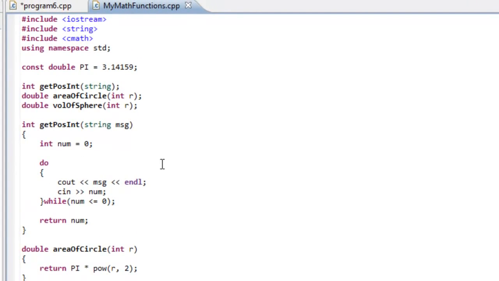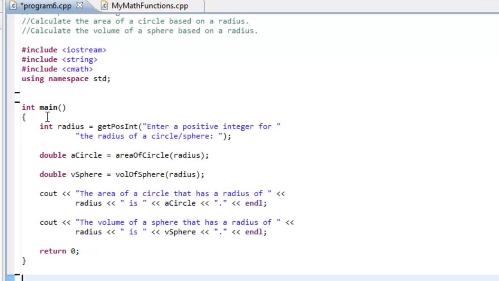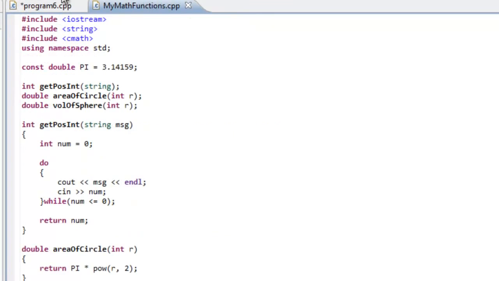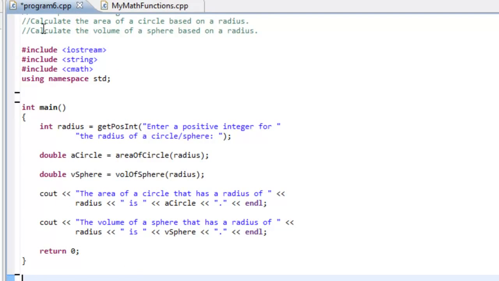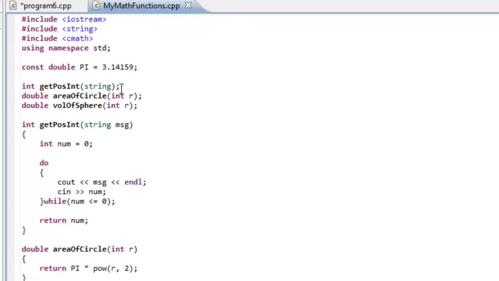But this is a separate thing. It doesn't have a main function, so there's no way to actually go in and run mymathfunctions.cpp as an actual C++ program, because we know that in order for something to be a C++ program, it has to have a main function. So these two files are sitting independently of one another, and there's really nothing to allow us to make use of these facilities here in